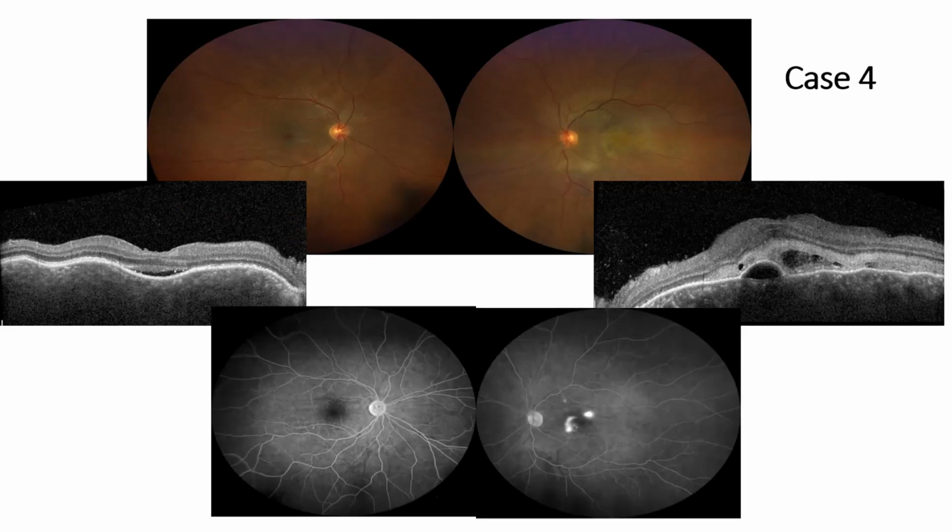The FFA in both eyes showed no features suggestive of VKH, but in the left eye, she had a smokestack pattern and an ink blot pattern. So this patient had both VKH and CSR. We could not treat her with oral steroids at all, so we just treated her with an immunosuppressive drug, and her vision improved significantly, and her symptoms also reduced.